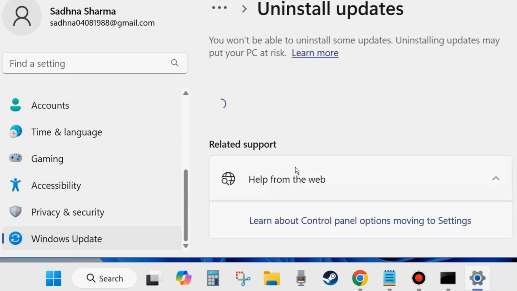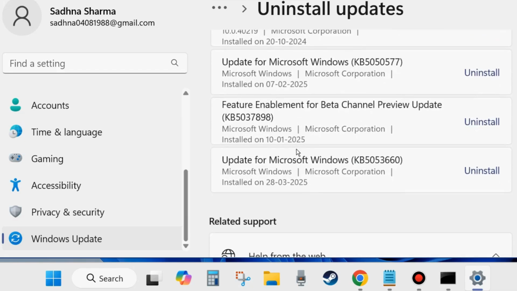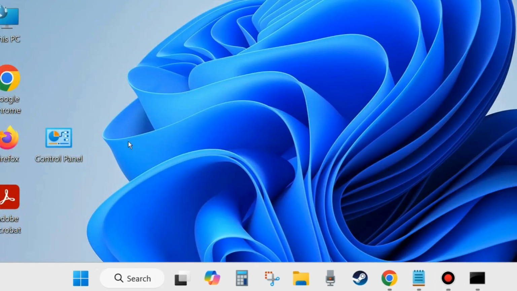Click on it. Sometimes it happens that you recently updated your OS and the problem arises, so uninstall the recent Windows update. Uninstall that particular update which you have recently installed, and after that your issue of black